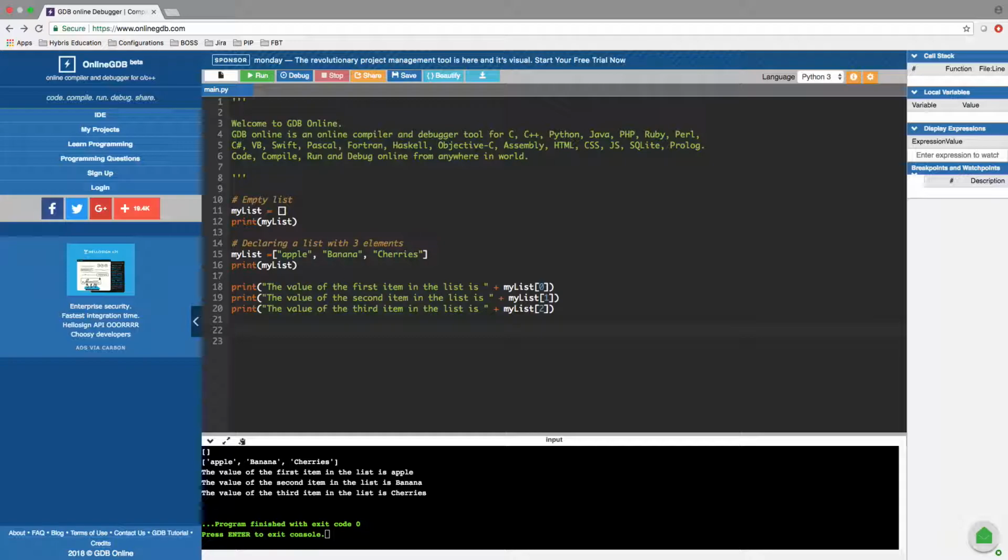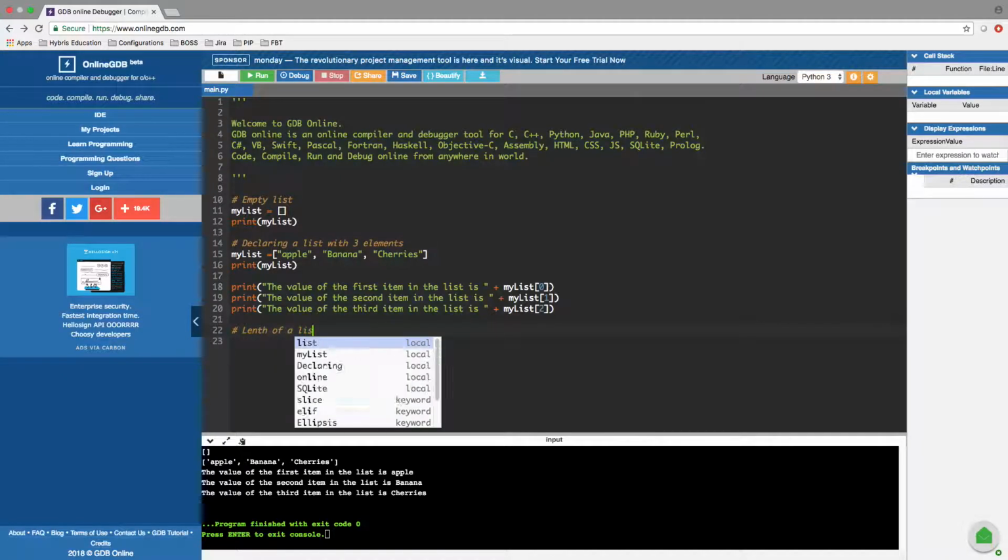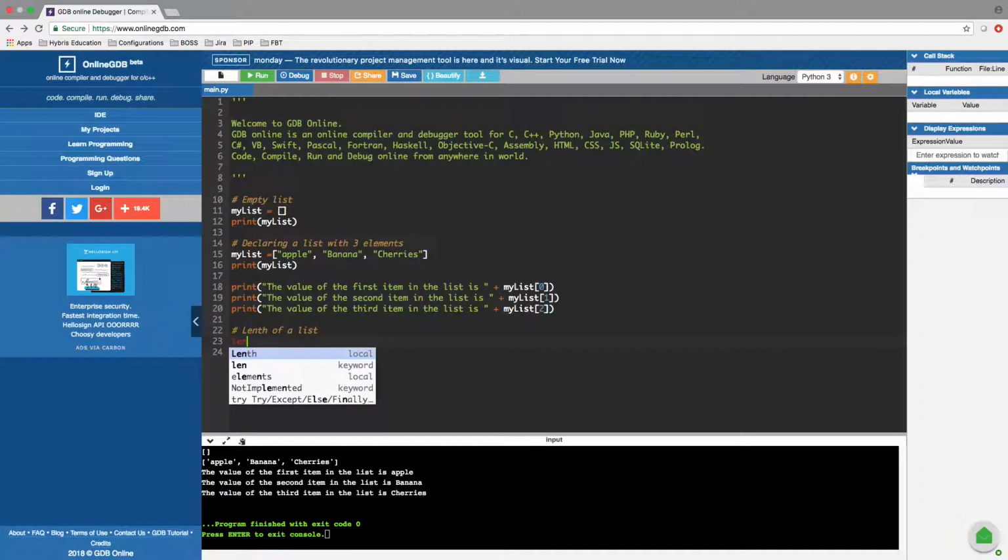The other function which I want to discuss is length, how to get the length of a list. You can say something like len, this is a built-in Python function, and inside it takes a variable. The variable here is the list. So I'm going to say my list, right? And I can declare another variable, length of my list, equals to this, and here we can print